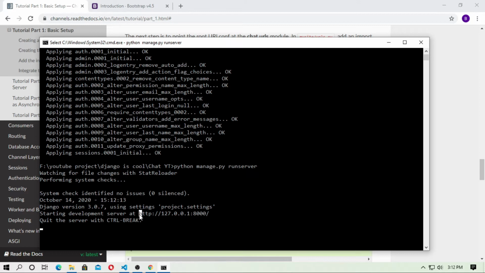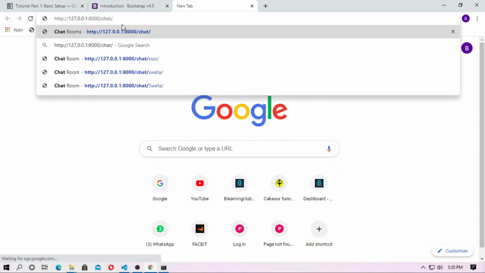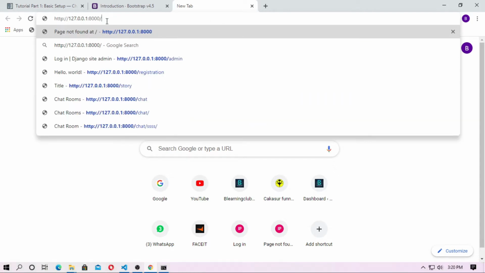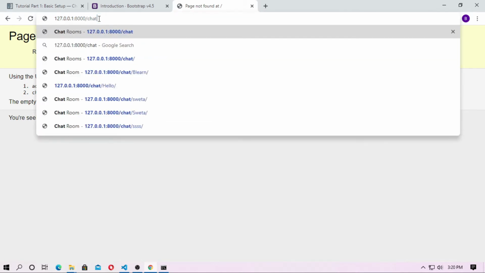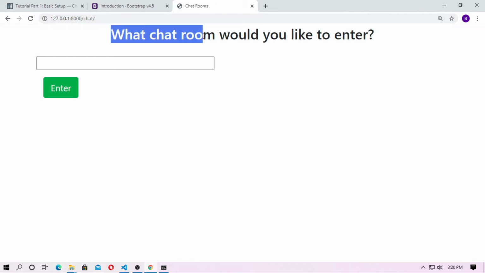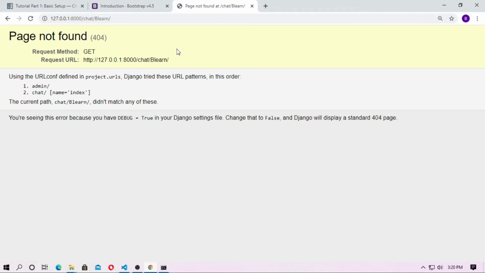Okay, so just copy it. So now type localhost and just hit enter, and then type /chat. Okay, what chat room would you like to enter? So just give a chat room name, blearn, and hit enter. Okay, page not found, obviously.